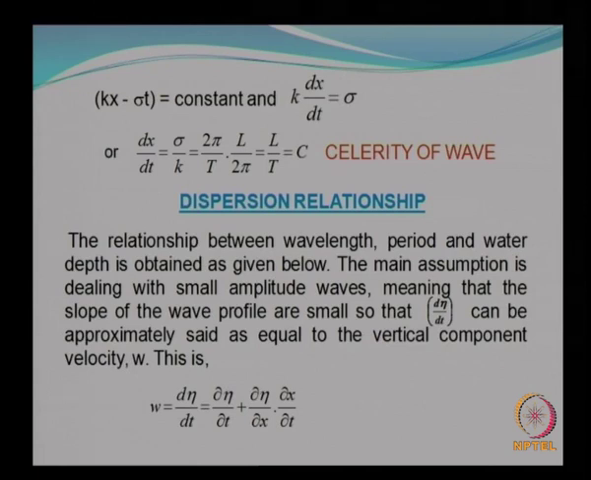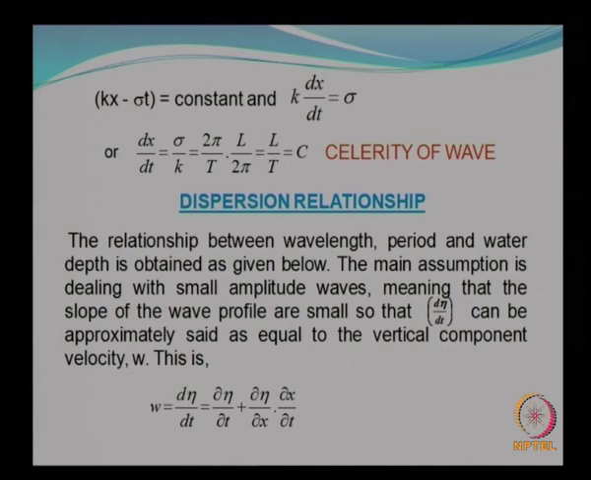So I hope you have understood what happens when a wave is propagating. The velocity potential varies. When the velocity potential varies, naturally the velocities have to vary, which we will see later. Now before going further,